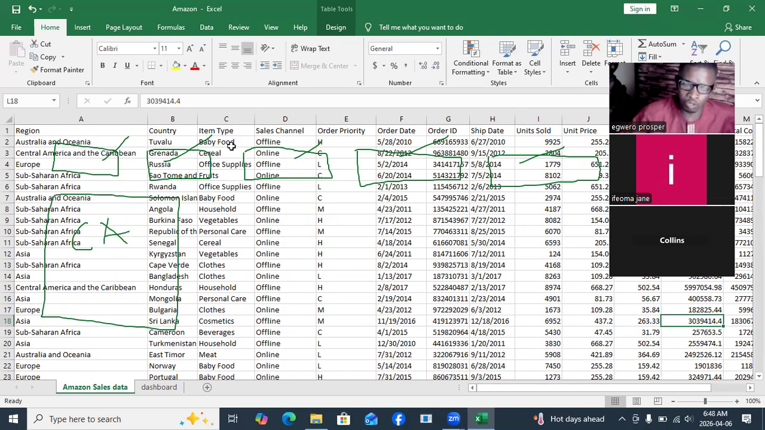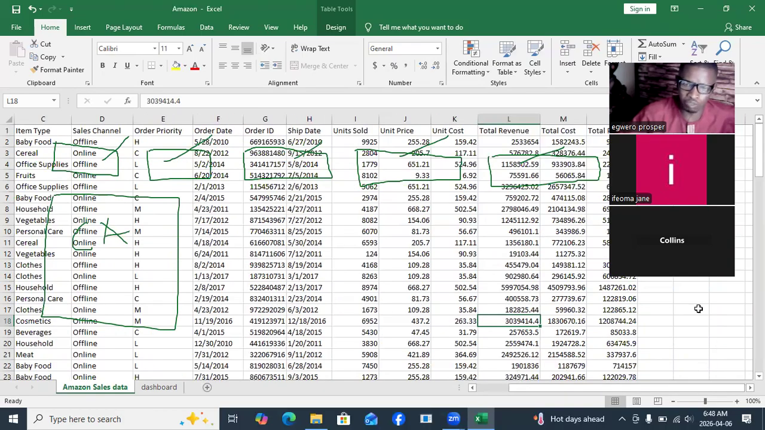Item type is also a categorical value. How do I know? Because there are also unique values here. So this particular analysis is going to break down the total profit per each of the unique item types here. For example, we list baby food as one item type, cereal as another item type, and then another product. So we will list out all the unique products here, and then perform analysis that will summarize the total